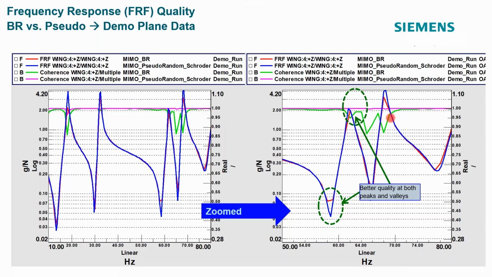Now that's important for modal testing, but if we look over here, not only at the peaks do we have a better quality FRF, but even in the valleys of the FRF, we have better fidelity in measuring it. Why that's important will become clearer when we go into the details of vibration control. We're going to measure these transfer functions, and this would be G's per volt, but even the valleys will be better measured, because we're going to be inverting the transfer function matrix in order to generate proper drive signals. So even for vibration control, even the valleys are very important.